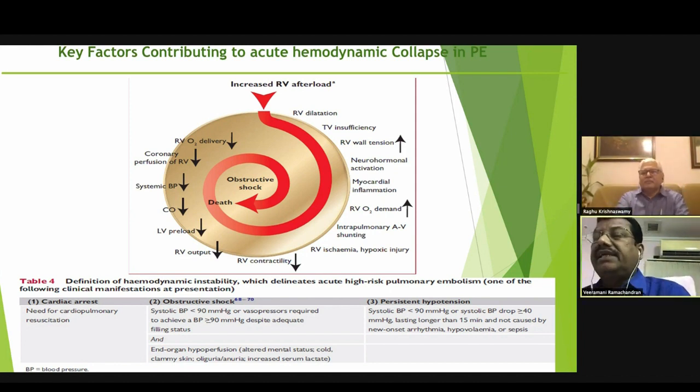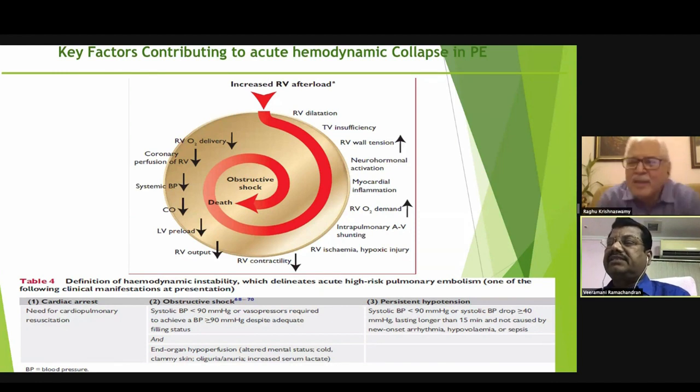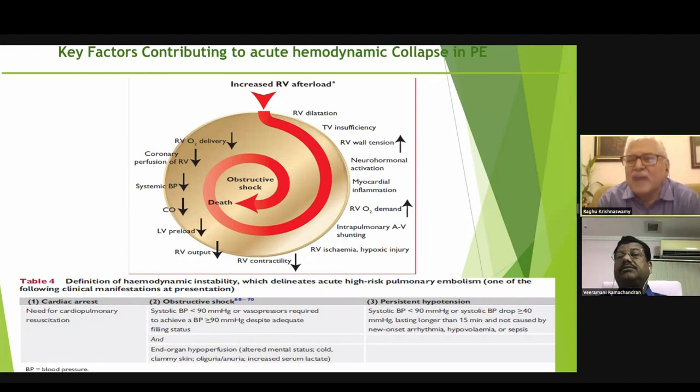So in that case, is RV strain useful when comparing with the other signs? No, RV strain goes along with RV dilatation. We are still in a very, very early stage of this, and I don't want to hazard an opinion on this. It is too early to use RV strain and say that because RV strain is abnormal, this is pulmonary embolism. I don't think we have reached that stage.